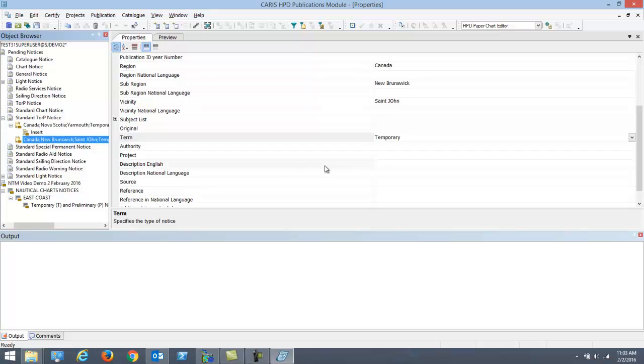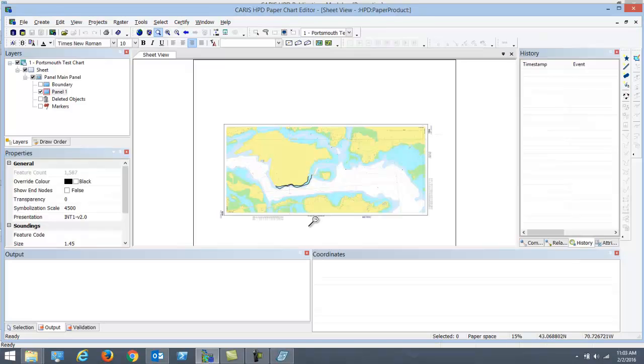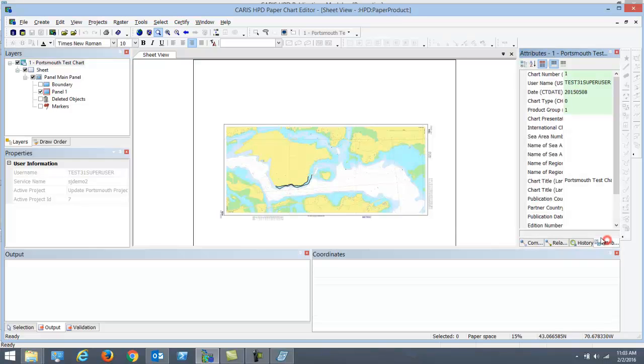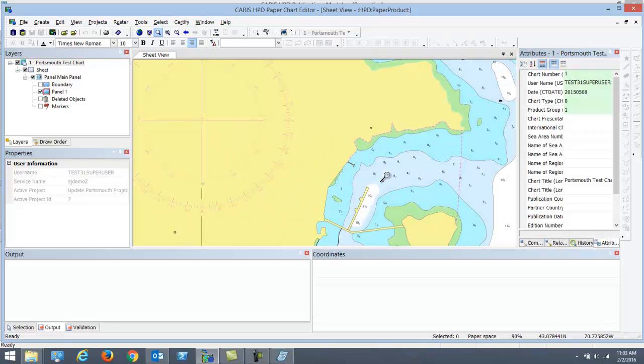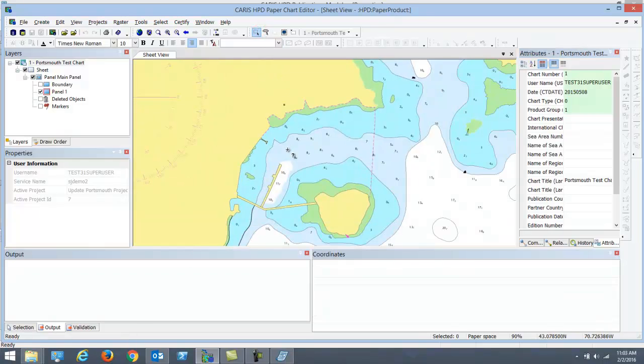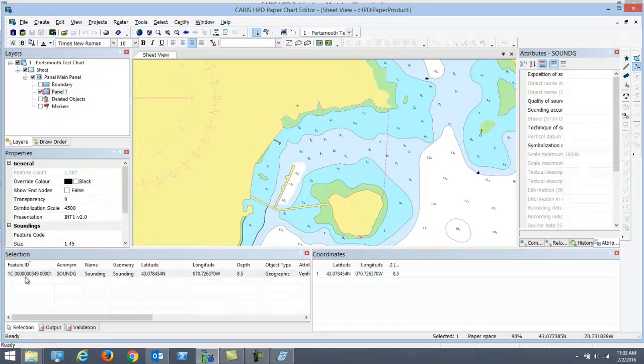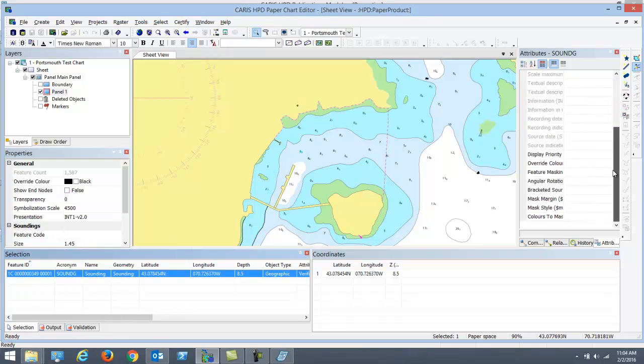Now, to populate the instruction automatically, we need an existing product open. So in this case, I will navigate to Paper Chart Editor, and I already have an existing chart open. And in this case, I will navigate to a sounding. So I will select a sounding, and you notice in the selection grid, I have a sounding object selected, and in the attribute window that you see here,